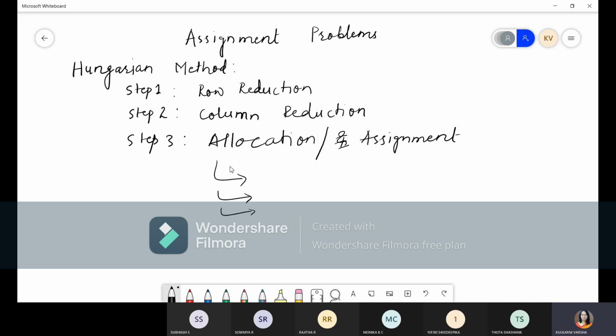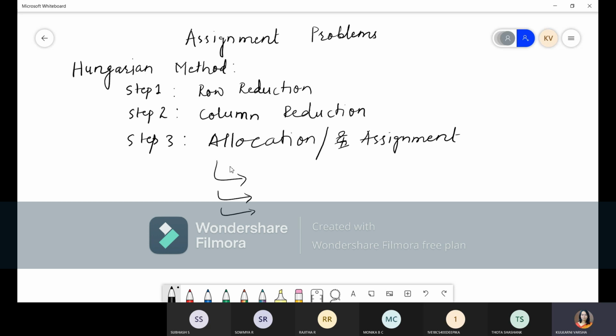Scan the elements row wise and assign the 0 in a row having a single 0. So wherever there is a single 0, we allocate that particular cell, and we cancel that column. Like this we do row wise scanning, and wherever there is a single 0 in that particular row, we allocate that 0 and cancel that column.